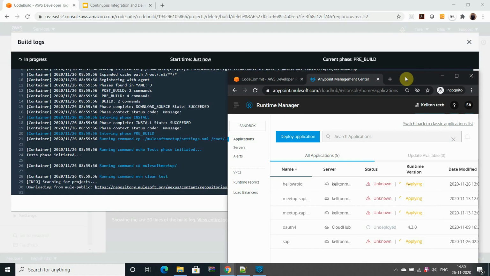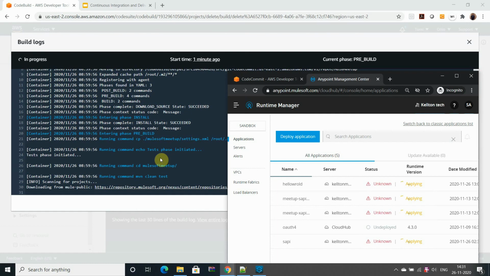Let's wait for a couple of moments, and we'll see it download all the dependencies of the project, create the build and the packages, and then deploy to Anypoint platform CloudHub.